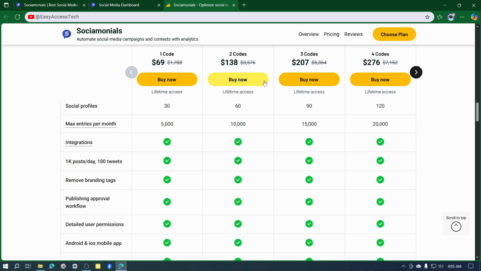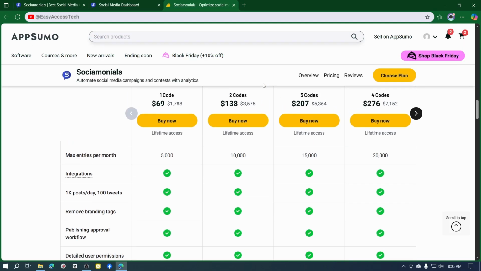So if you want an easy way to manage your social media, save time, and boost engagement, then Sociamonials is a strong choice. It makes scheduling simple, keeps your accounts active, and helps you interact with your followers